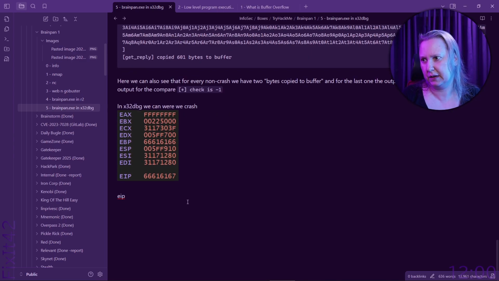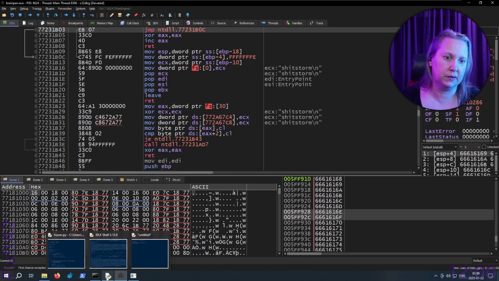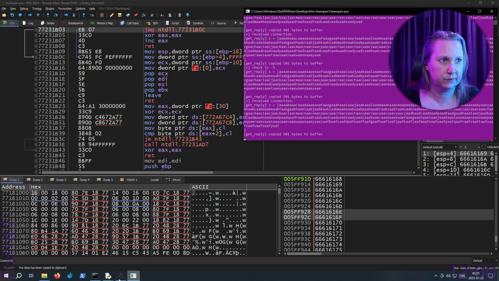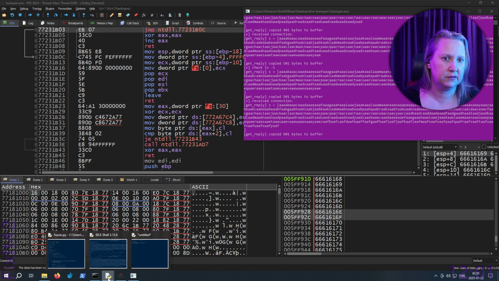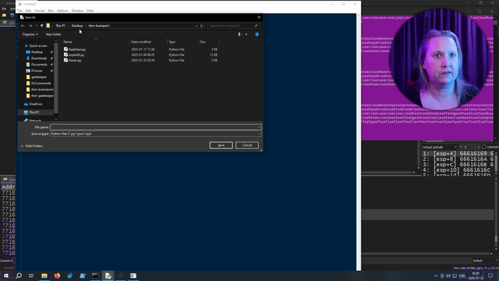So and then we have 666166167 there. And then we're gonna run our new script with this data. So I could, of course, have copied the value here too, which I was about to do. That has crashed, this, of course. And the untitled will need this before we save it. And we're gonna save it as